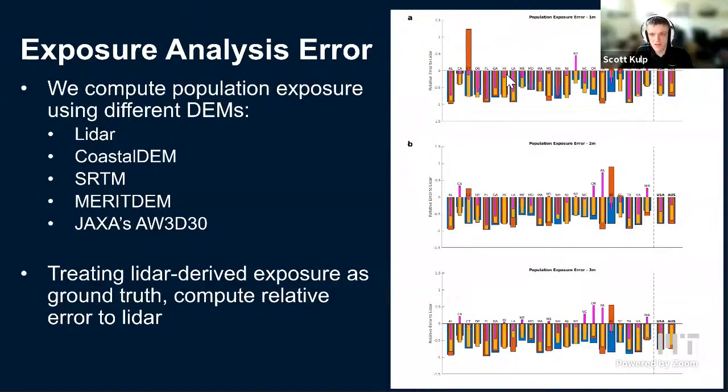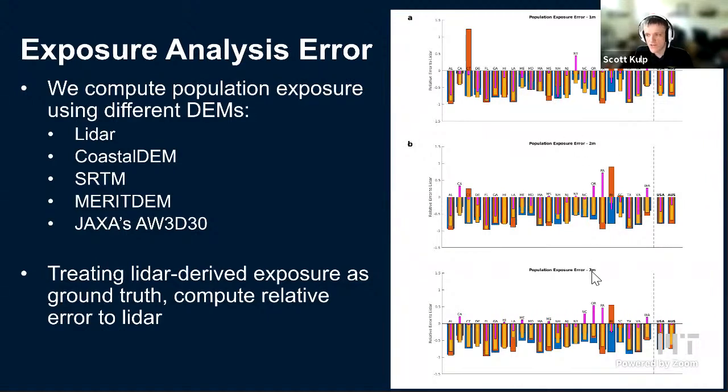As a kind of validation, we assessed exposure using LiDAR and Coastal DEM and SRTM and a couple of other elevation models. Here, the pink, 0 means no error, and -1 means 0 expected exposure. Across the board, in almost every US state and in Australia, and